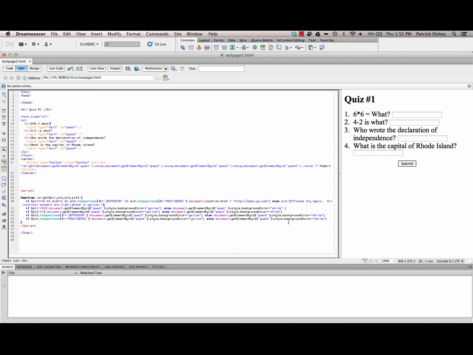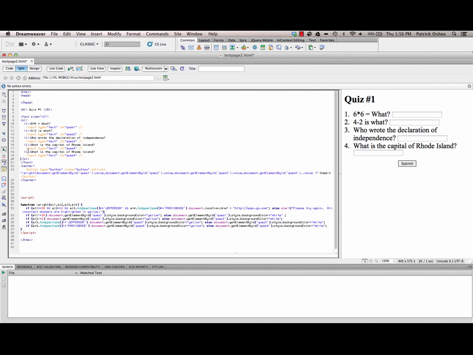So, how do we go about adding another question? Say we wanted a question here. Well, all we would have to do is add an item. This li is a list item. And so we'll say, what are the first 3 digits of pi? All right. Now we have to change this input ID because we already have a question 4, so we